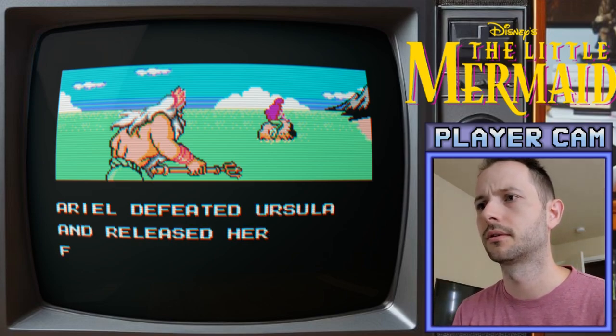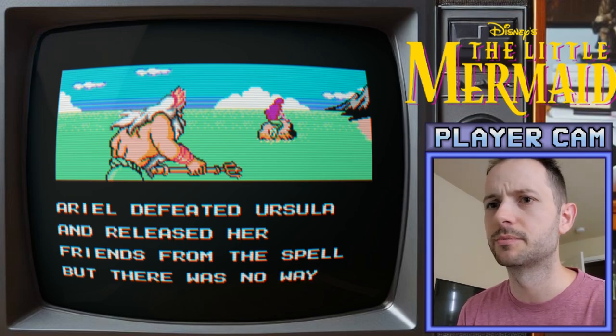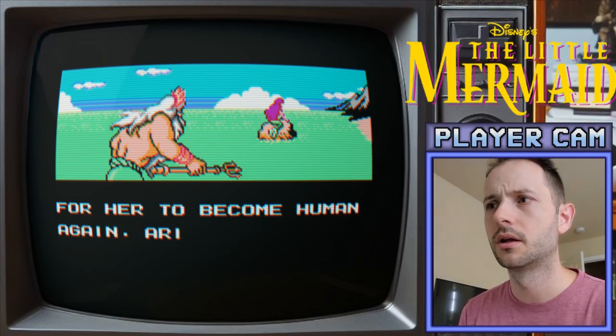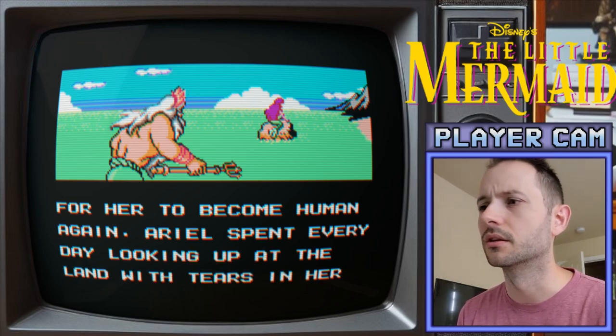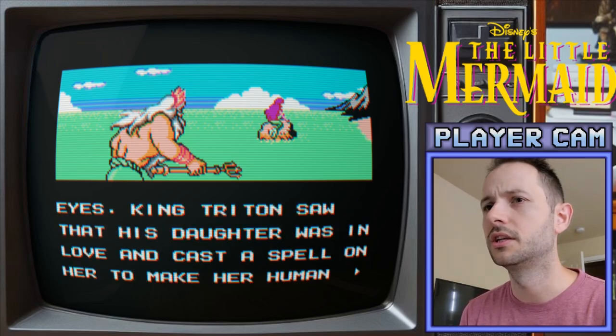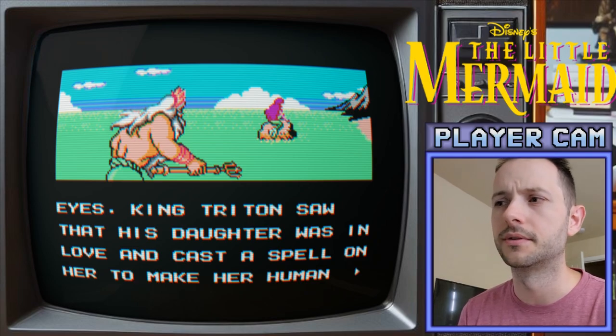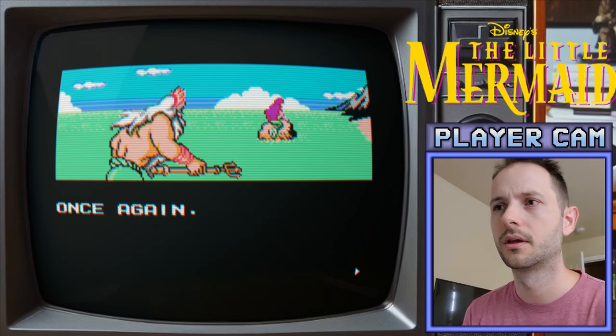I mean, Ariel defeated Ursula and released her friends from the spell, but there was no way for her to become human again. Ariel spent every day looking up at the land with tears in her eyes. King Triton saw that his daughter was in love and cast a spell on her to make her human. Once again,